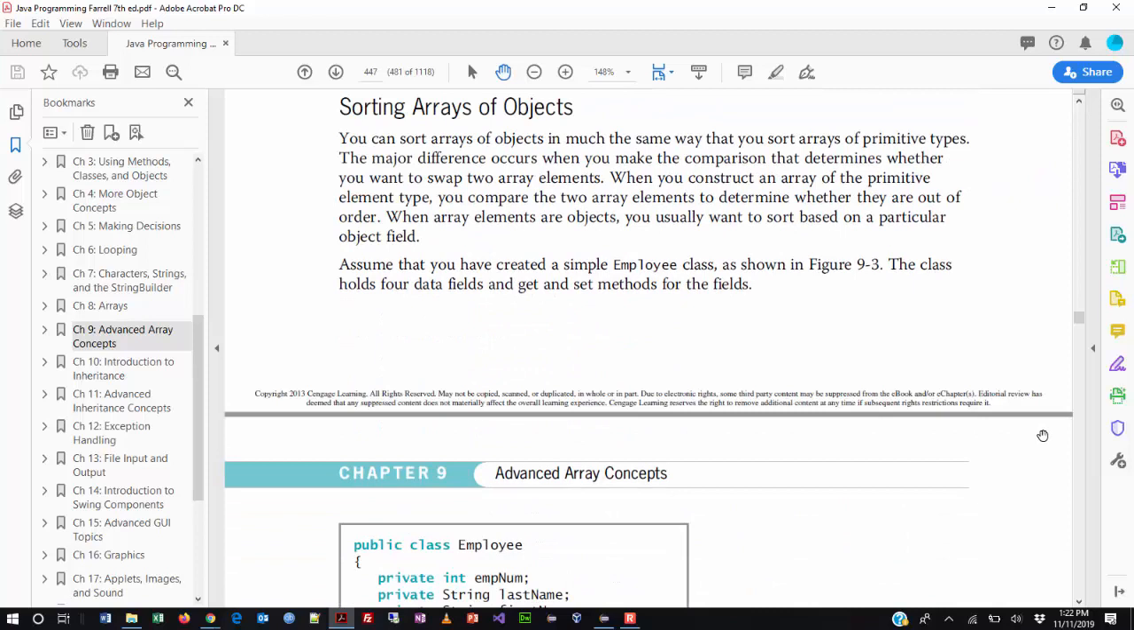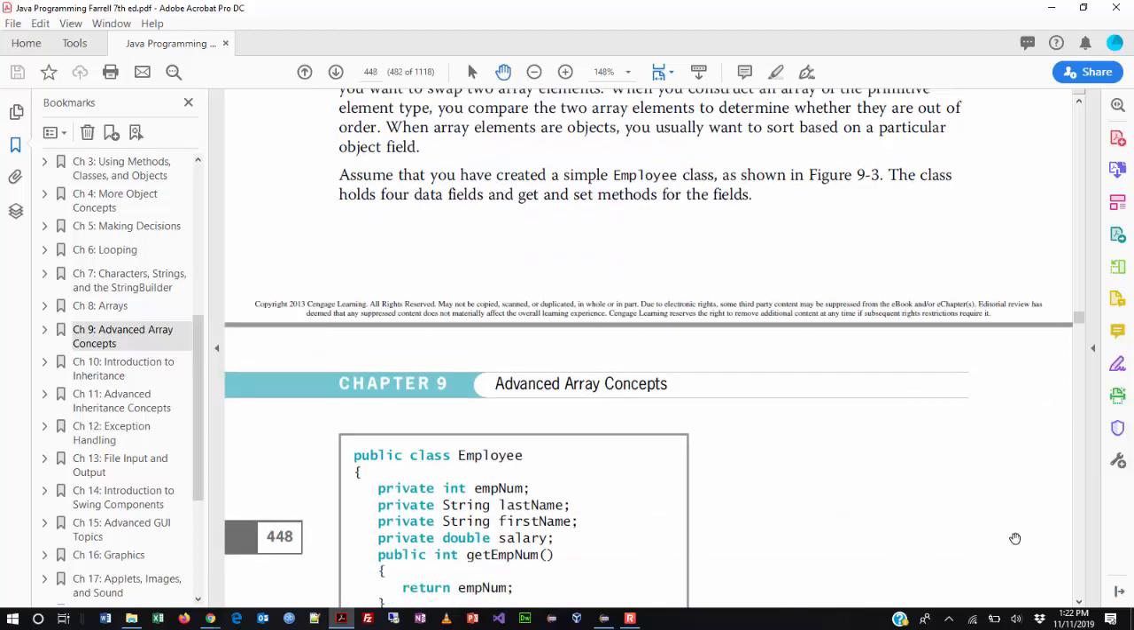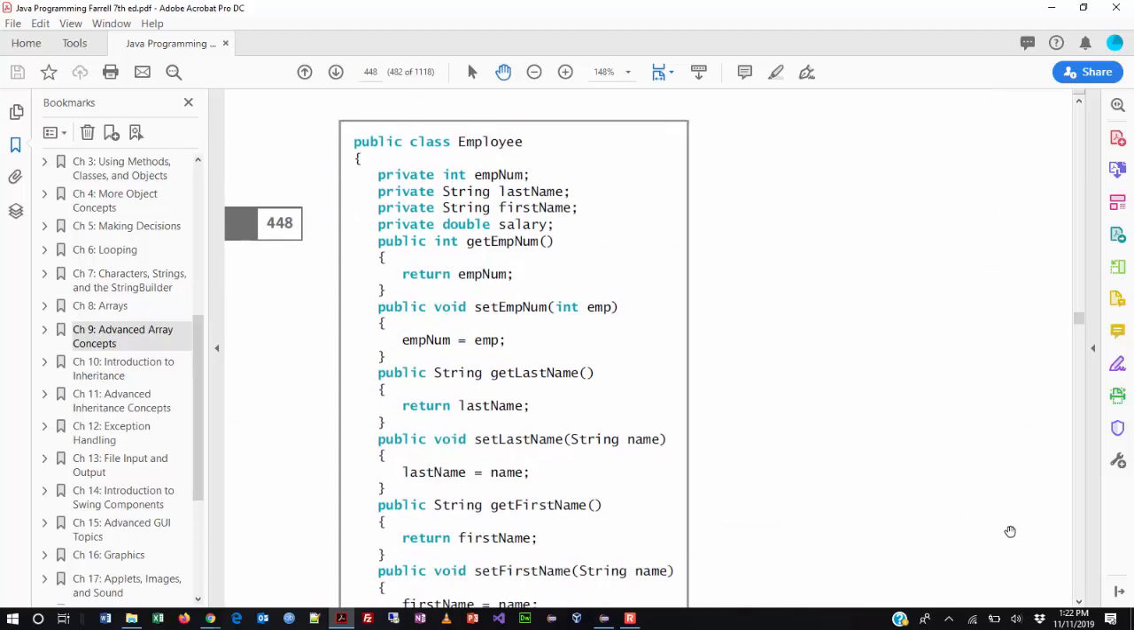All right. The other thing that you can do is you can also sort arrays of objects, and this is where it gets a little bit weird. When we're just dealing with numbers or even alphabetizing strings, it's a little bit easier to wrap your head around. But in this case, they're giving a different example where they have a class of employee